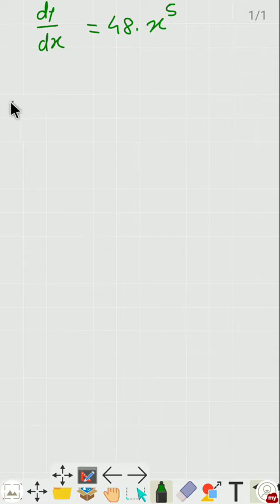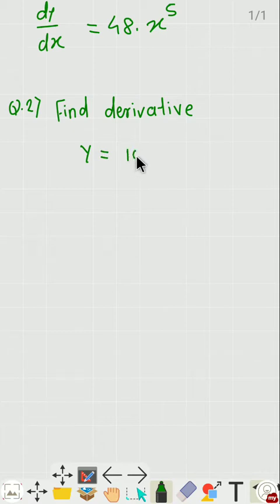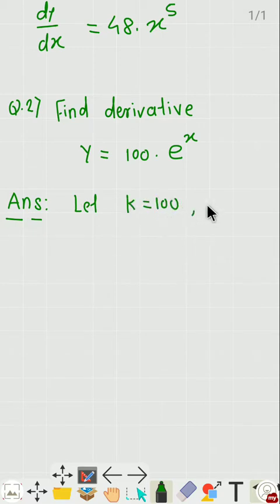Question number 2 on this rule. Find derivative of function y is equal to, suppose it is 100 into e raised to the power x. Okay, so what will be the derivative of this function? We write the answer, and let us take, let k is equal to 100 and u is equal to e raised to the power x,